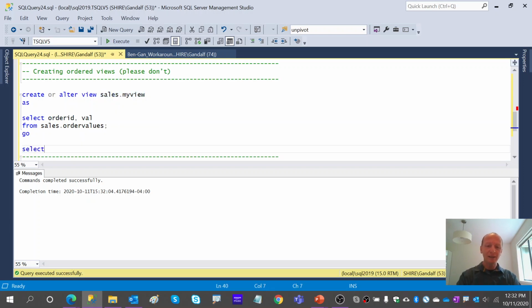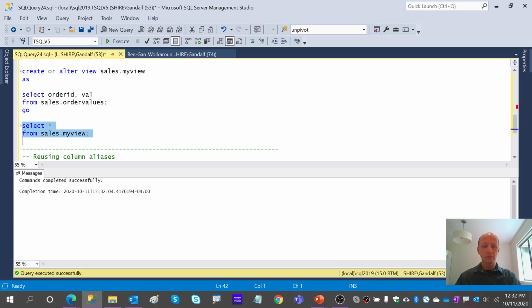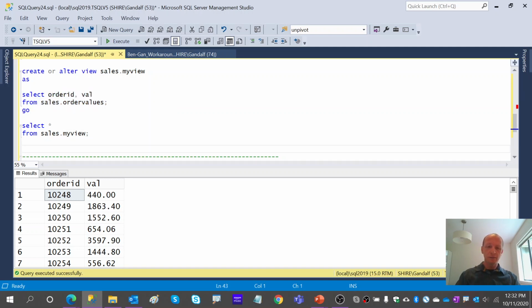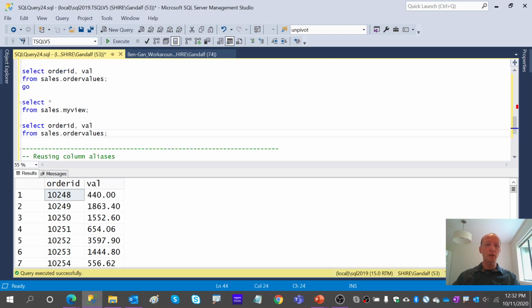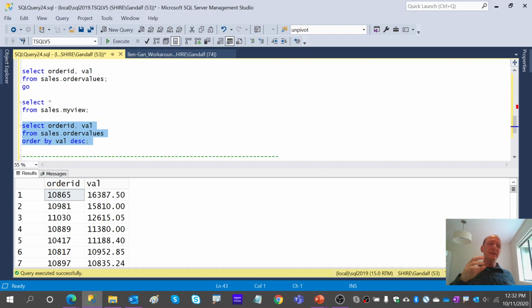And now I can go ahead and interact with this view, using some outer query, right? So as you can see, everything looks fine in this case. However, if you ever tried introducing an order by to the inner query, what is normally, of course, perfectly valid to do, if I took this query outside of the view definition and just introduced an order by clause, perhaps I wanted to return the rows ordered by value descending.